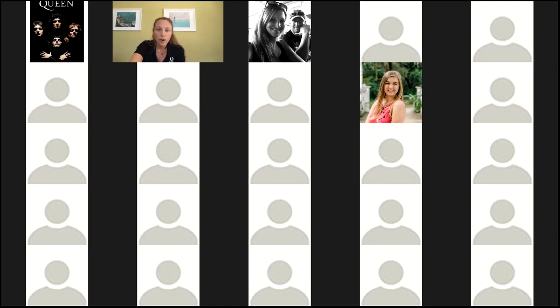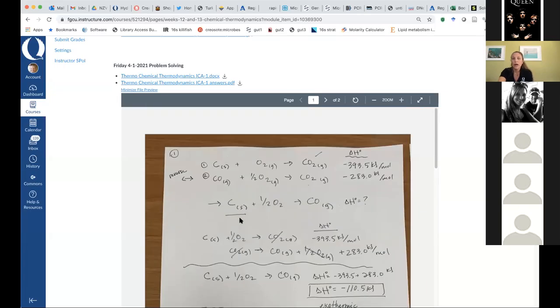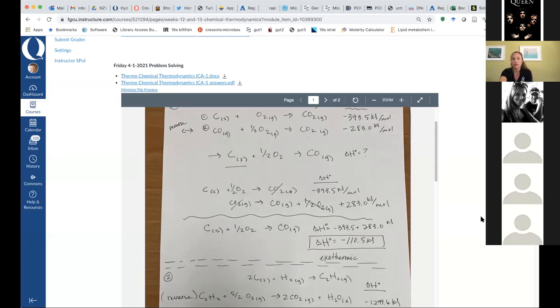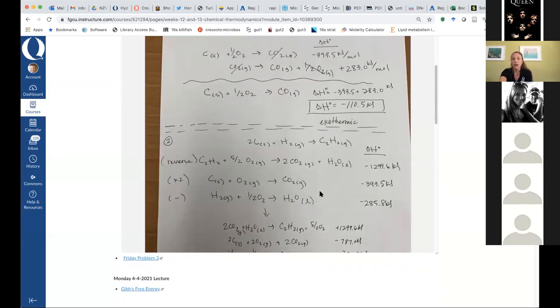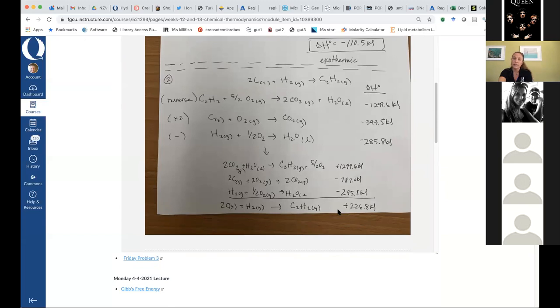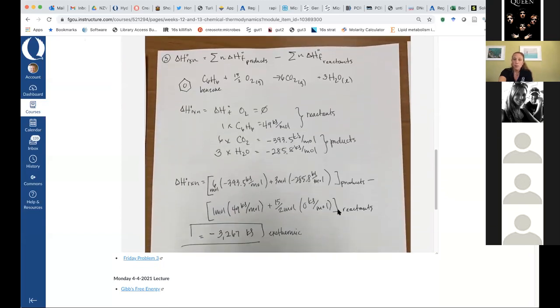So if you remember on Friday, we had some problem solving in class where we were looking at doing this exact same method where you're looking at the enthalpies of formation and you're canceling them to get your overall enthalpy of reaction for the given reaction that you're interested in. That was the first 2 problems that we did. And then the last problem that we did was where we had the combustion of benzene. I believe the exact problem statement was,